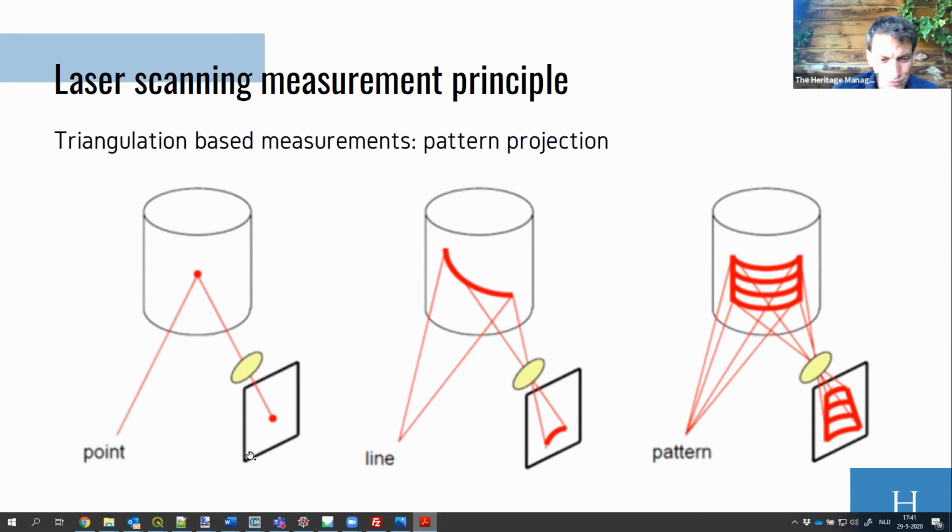We have our receptor, or the place where we receive our echo, and the base between these two, so the distance between our emitter and our receiver, that baseline, that distance is known and fixed during the acquisition. And then by moving the sensor and the receiver over your object under different angles, you're actually able to make a 3D representation of your object by measuring the deformations of your emitted signal, a point, a line, of a